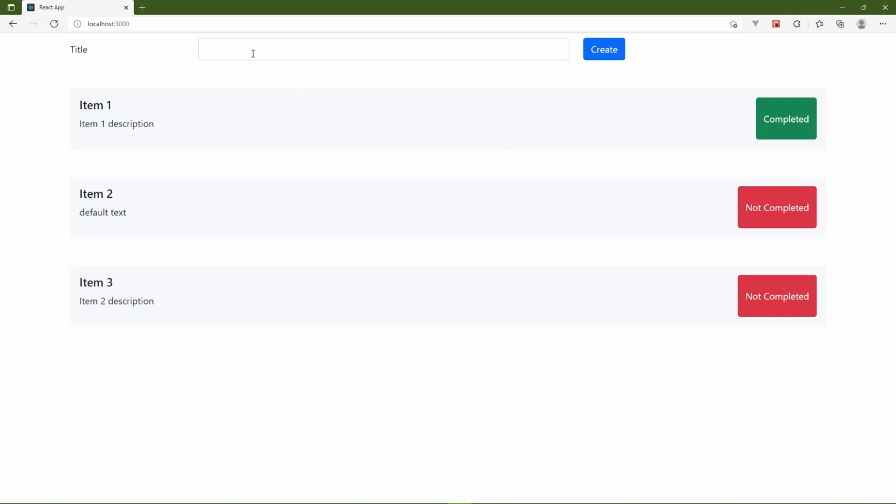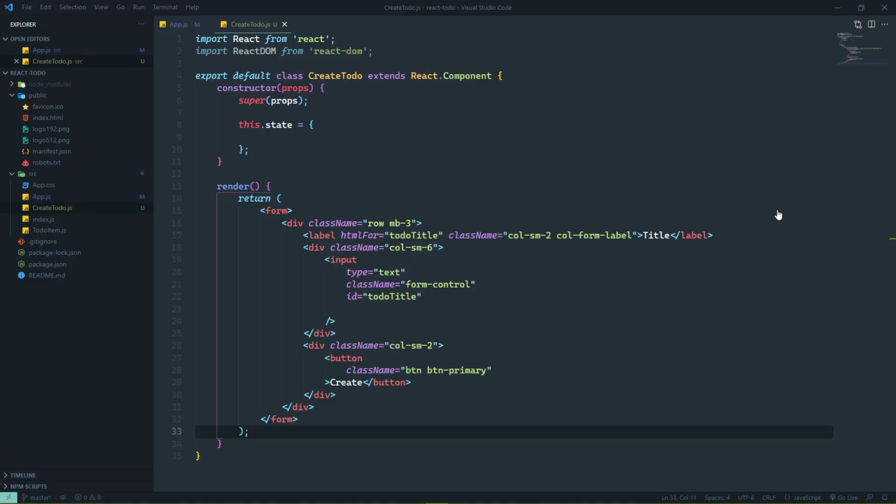Now, of course, the purpose of the create component is to, well, create an item. So we need to find some way to take the data from that component and supply it to the app component so that it can then manage our data. Well, that's not really too different than what we did with the buttons inside of our to-do items. Whenever we click on these, we are essentially signifying to the app component that, hey, this button was clicked. And the way that we do that is with the